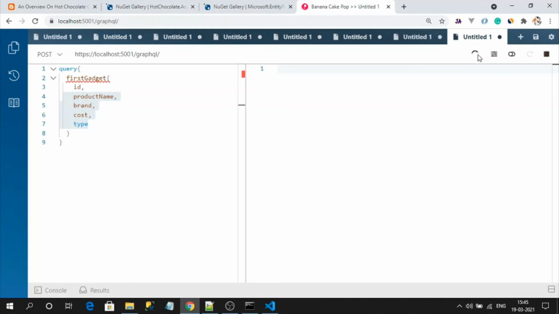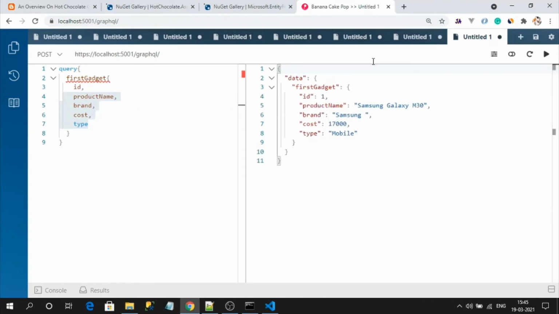It's loading, which means the request went to the server. See, I have got data. GraphQL uses the query resolver name itself as a response object property inside the data property.